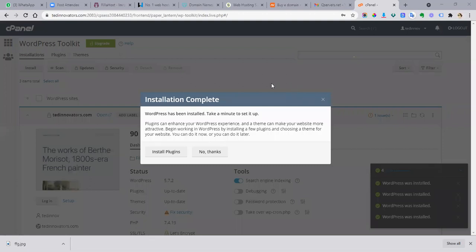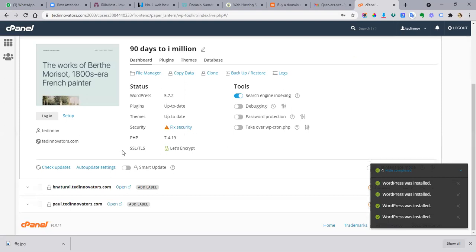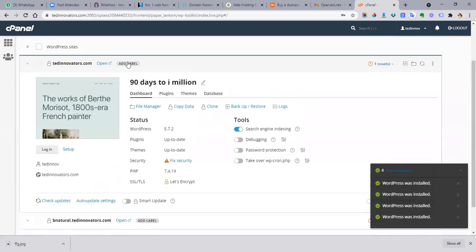So our WordPress installation has been installed. I'm going to answer some of these questions later, so I'm going to click on no. Like I said, on this platform we already have SSL installed, so it's not giving us that issue. If it is, you are going to click on this, and then it will take you to where you need to install these things. However, I'll show you guys how to do this later. Basically, on this website, innovators.com, we have WordPress installed. Once you install WordPress